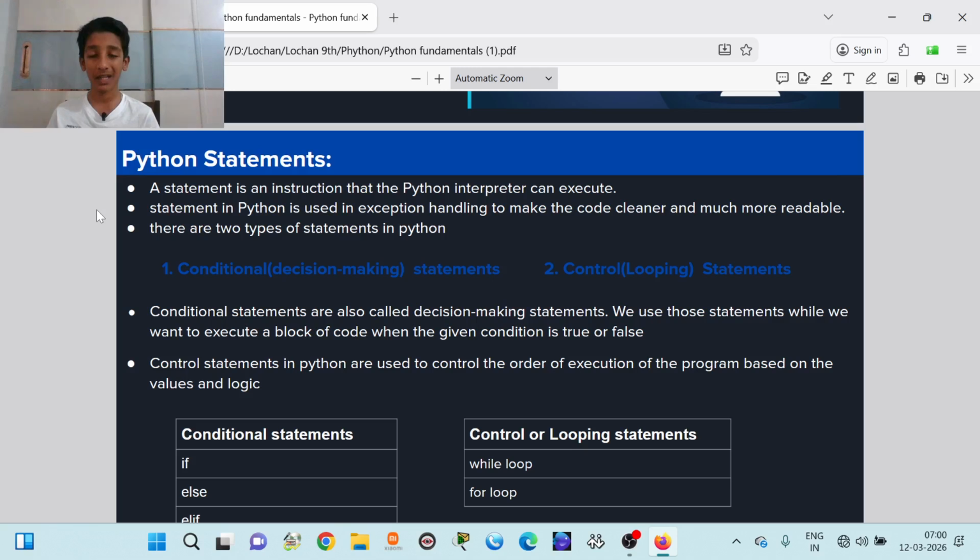Statements include variables, functions, operators, strings, and all of it together is known as a statement. Okay, so the total is known as a statement, and it is a set of instructions which the Python interpreter will